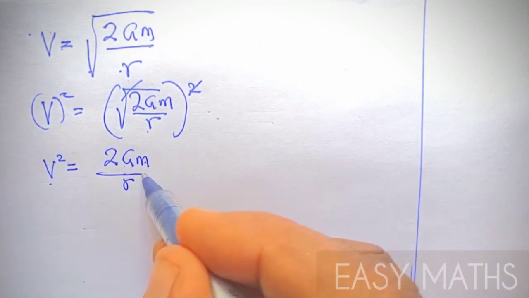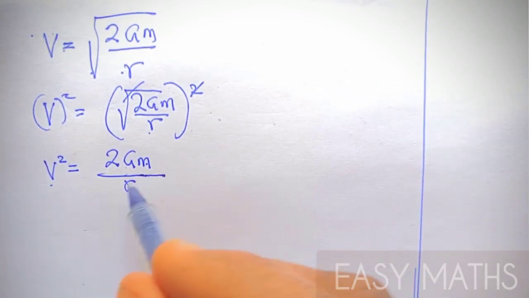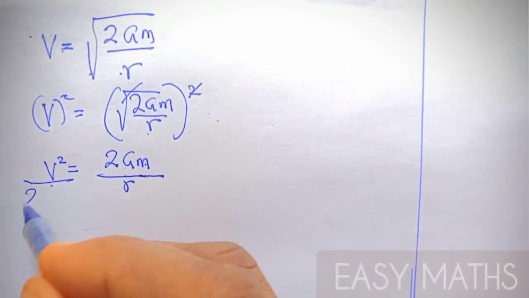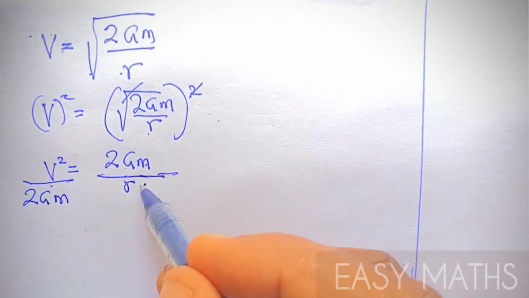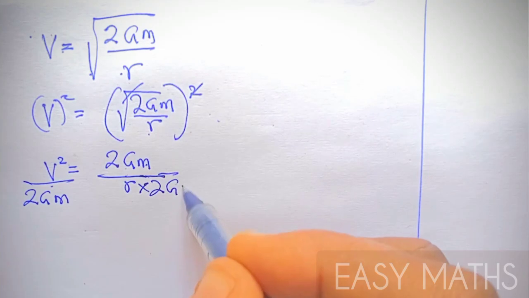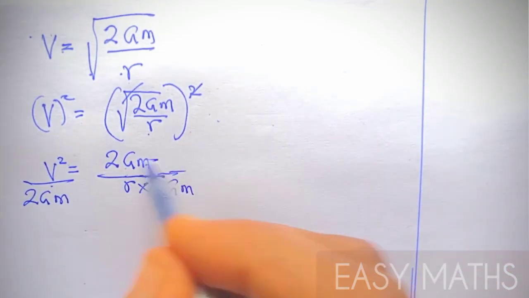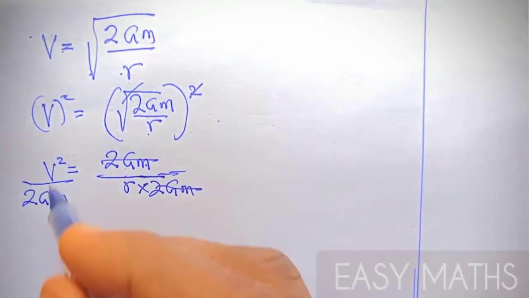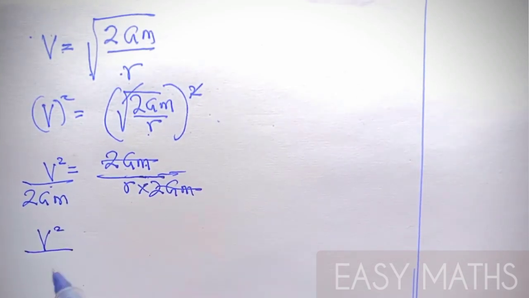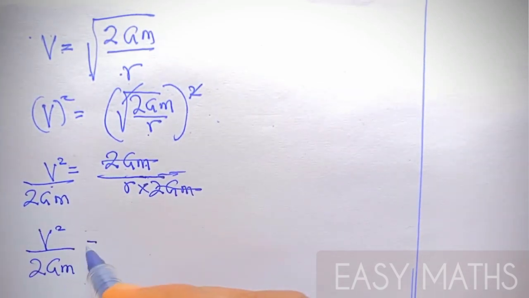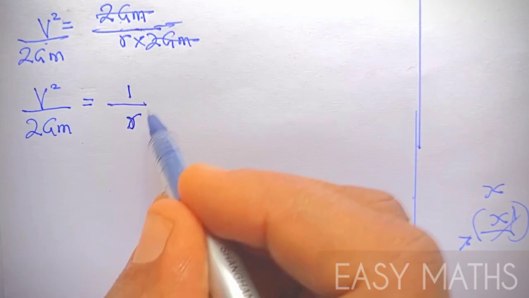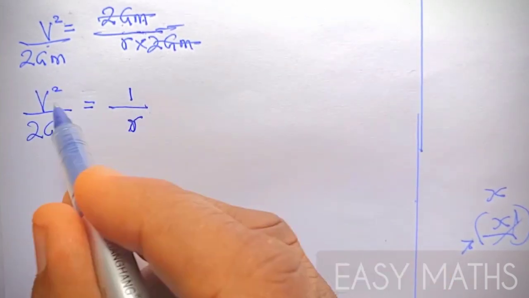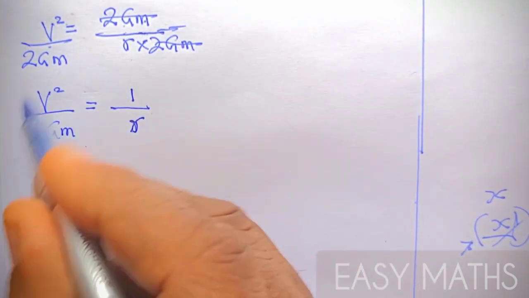What I mean is that we can now divide both sides by 2gm. All right, so 2gm will cancel 2gm, and we're going to have v squared all over 2gm equals to, what will remain here when you have cancelled that 2gm will be 1 all over r. The next step is to reverse this equation, which can be written as, by bringing the denominator up,